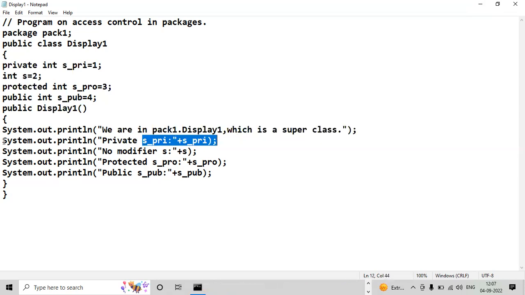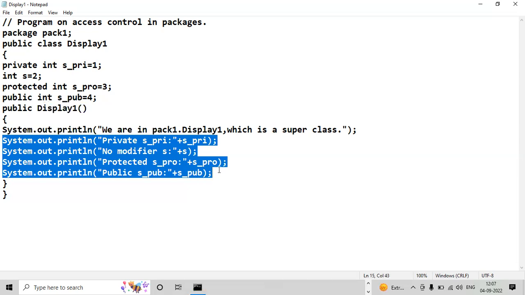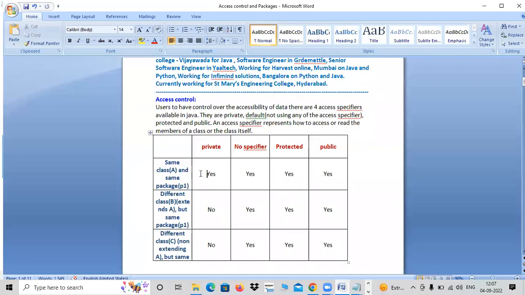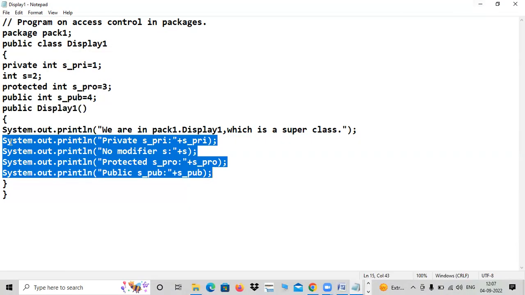Now, examine these four lines of code. Any doubt, please ask me. See that table and tell me. In the first row, everything is working. Private is working. No specifier is working. Protected is working, and public is also working or not? Yes. So I made all the variables available within the same class.